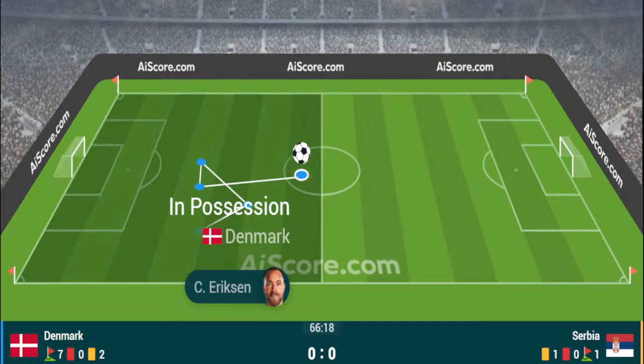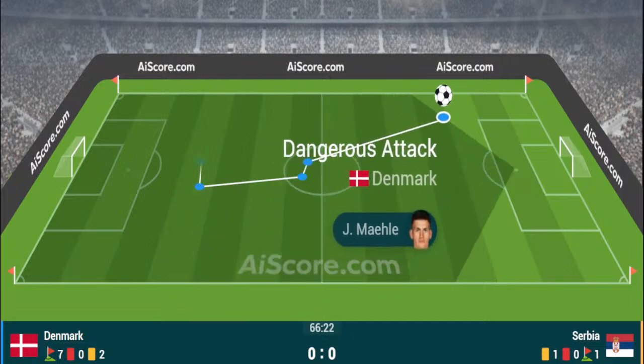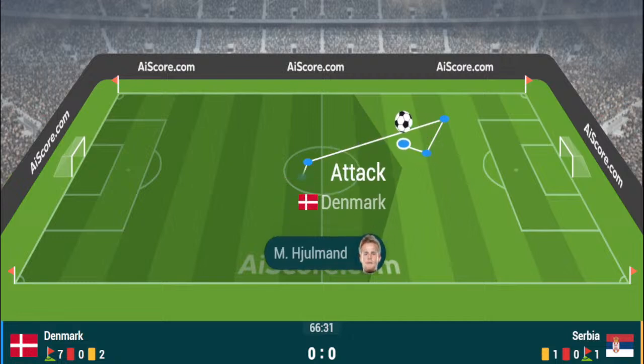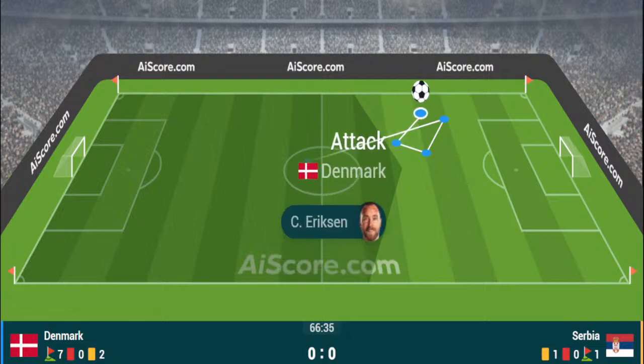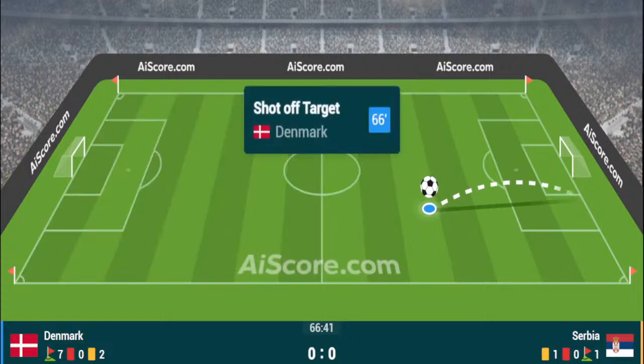Denmark 0, Serbia 0. Remains England 0, Slovenia 0 elsewhere in the group, and a goal changes everything in so many different ways. And for Slovenia, if they could get a goal against England, they would go to 5 points on the group and hit the top of the group incredibly. Denmark have the ball now on the right hand side, so they're also trying to find a way through. Really, a goal in any game here does change the complete complexion of the game, because England have already qualified, so that adds another dimension to it.